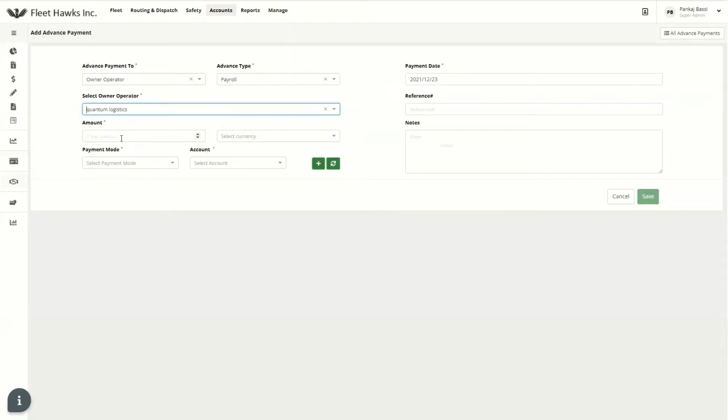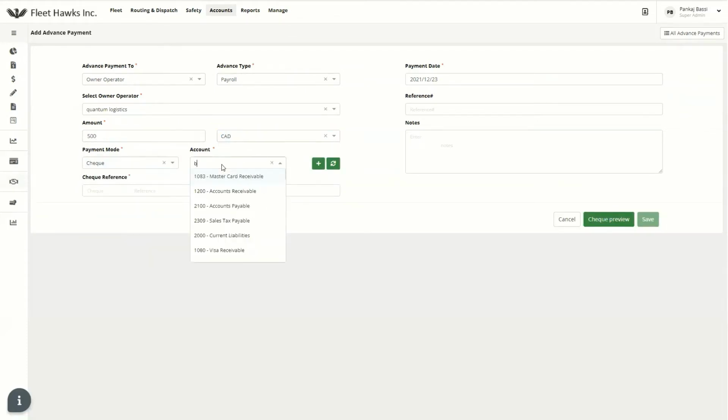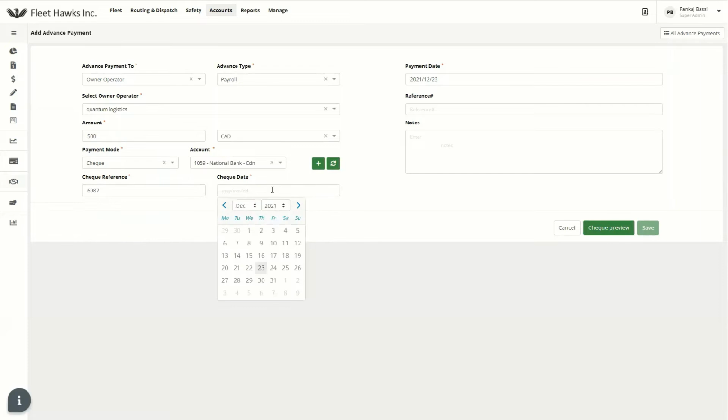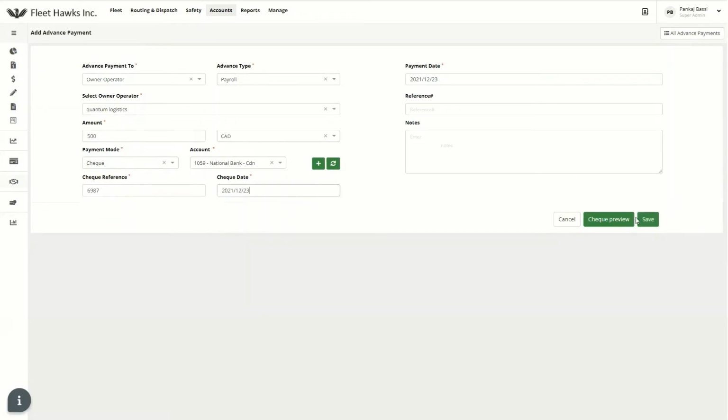So that was the quantum logistics, and how much we paid. I paid $500 in CAD, how I paid through check, and from which account. It will definitely be our account, and there is just a reference number, and of course which date. So I paid, for example, today, and